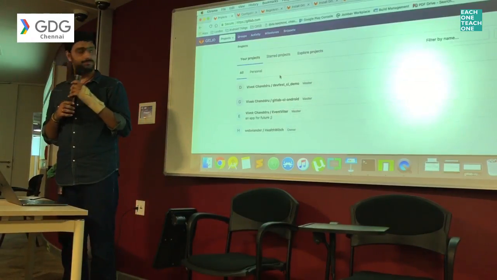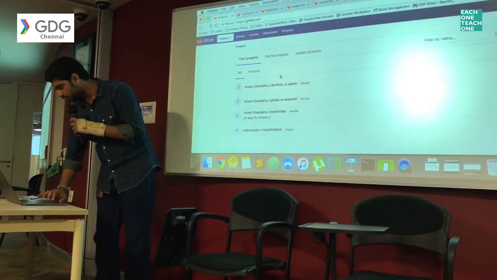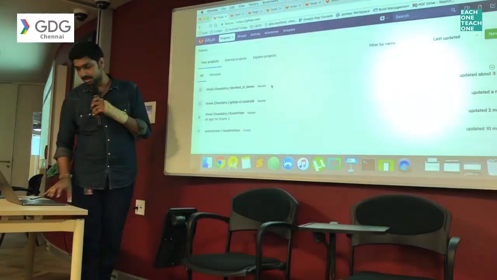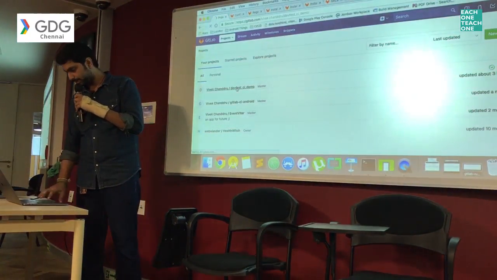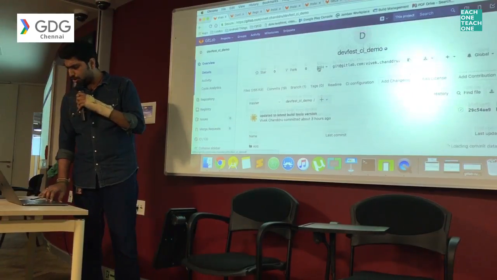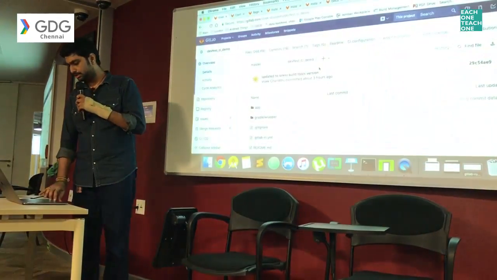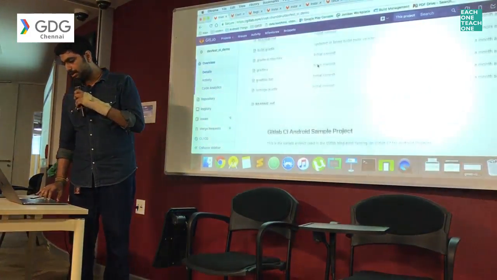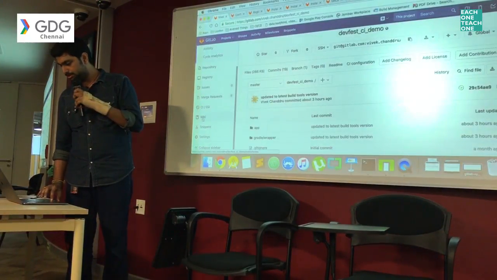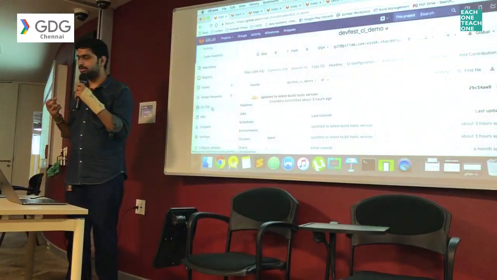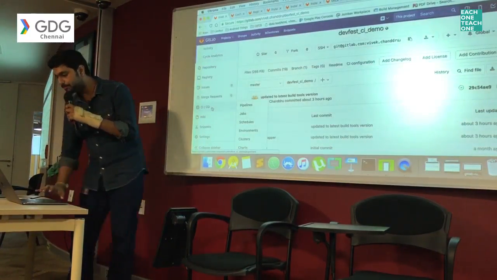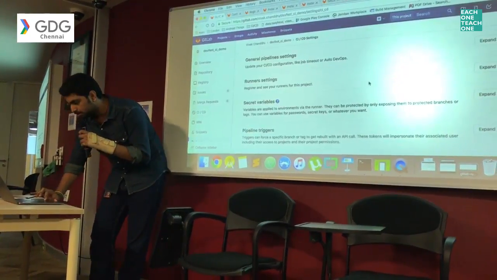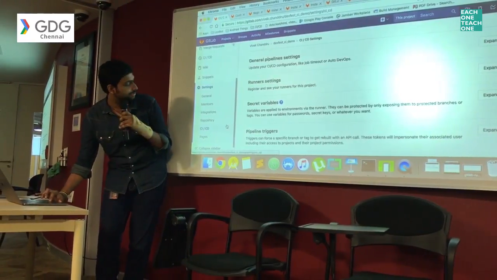Okay, so this is GitLab's user interface, and I have a project called Devfest. I created it last time. This is almost similar to what you have in GitHub. As you can see, it has all the things that are there in GitHub, except that the UI is a bit different. And in here you can see there is CI/CD. It is a first-class citizen for GitLab, but it is not there in GitHub. If you want to set up a system, I'll show you now. You have to go to Settings, CI/CD. It's over here,